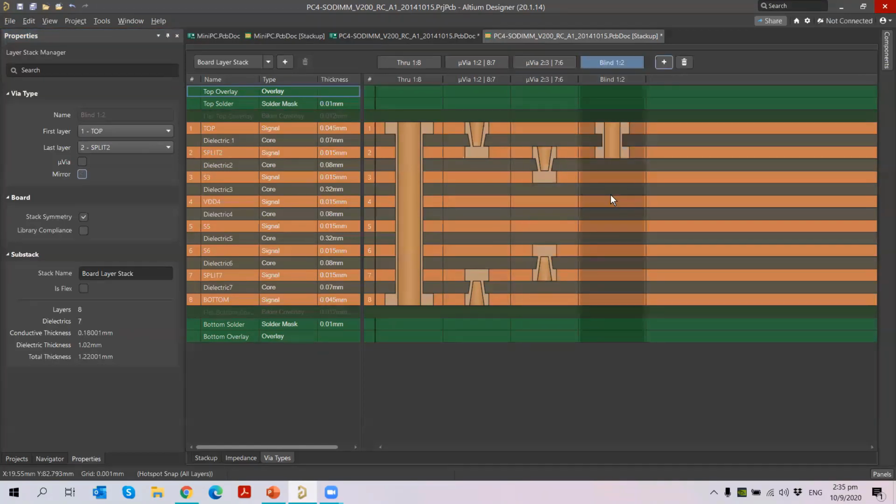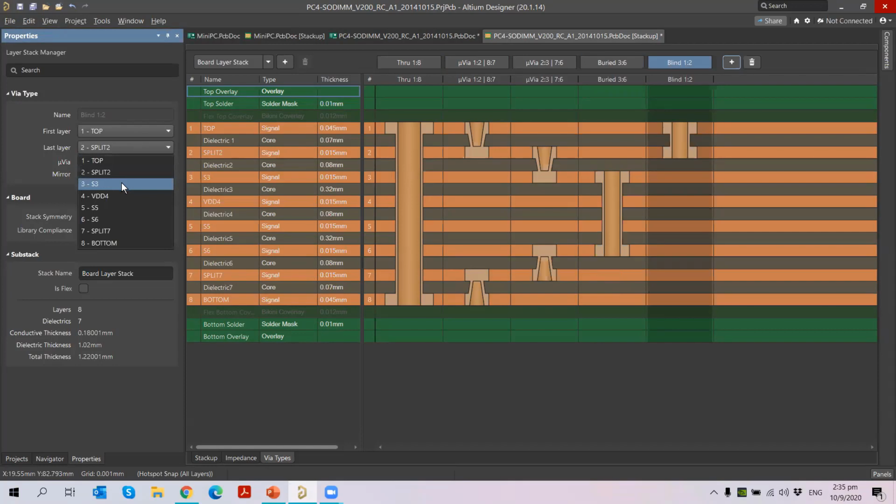Buried vias normally will be within the layers, not in the top layer or bottom layer. So let me select here third layer to sixth layer. You will see the buried via. Here we can generate it. Then I want to generate one skip via. For the skip via, I just choose the top layer to the third layer, and it is a micro via. It is similar to a micro via, but I just skip only one layer here, so it is called skip via. If you want to mirror it, you can just mirror. So now you can generate the vias like this, and you can use it in your routing.